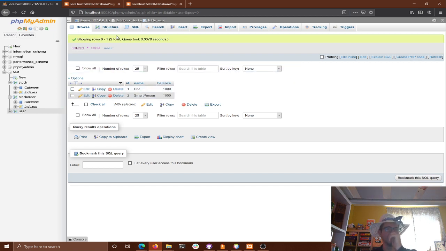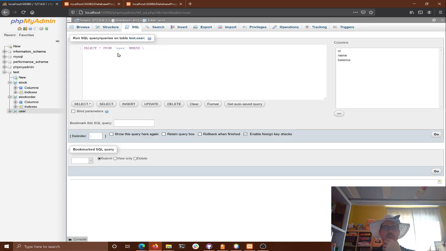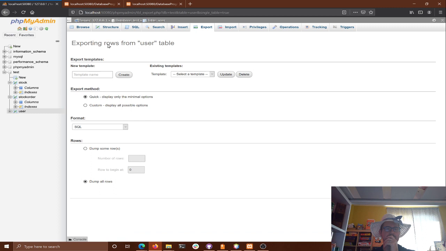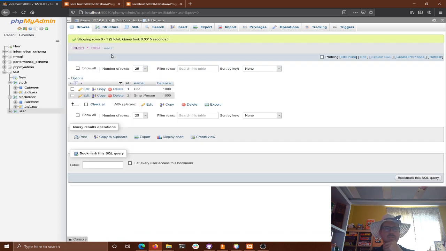Again, you can just copy off of mine when you go make these tables if you haven't gone through the example yet. I think I can just export the whole table out. If you have trouble building it, let me know, but you should just be able to follow through and add those columns. Oops, errors, that's fine. So back to browse. Each person is going to have a balance.